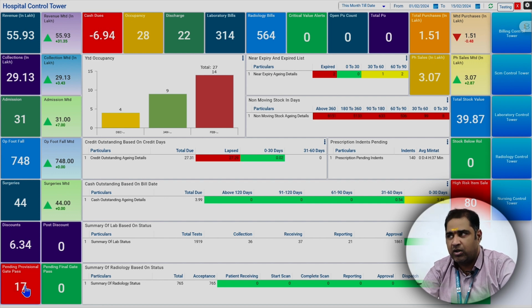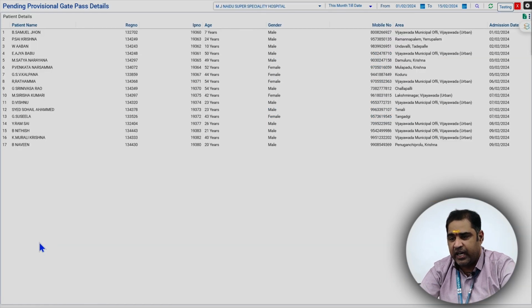If that is not done, then the system will indicate that to the management on this dashboard with red color, how many patients they have not generated the provisional gate pass. Now if you want to see the details of 17 provisional gate pass which are not given, just click on this button and you can see the details of the patients